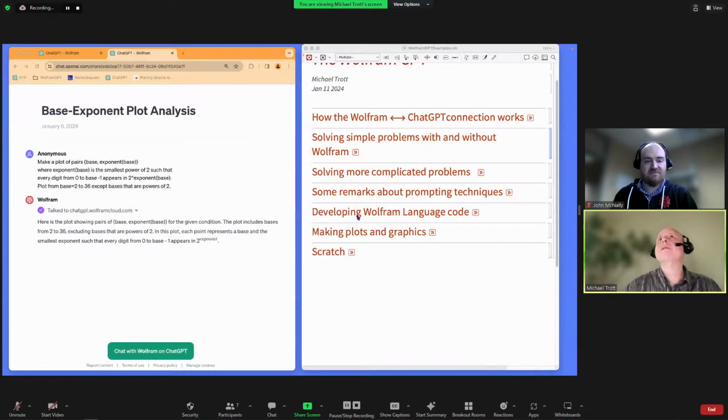But when it comes to examples that illustrate some of these prompting techniques, I know that Michael has a great library of things that he's been working on that can show a lot of very interesting techniques. Okay, let me share my screen again. Okay, so